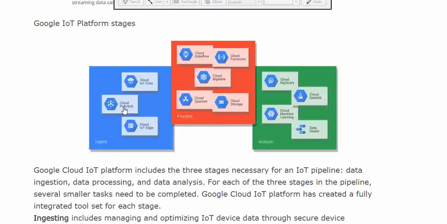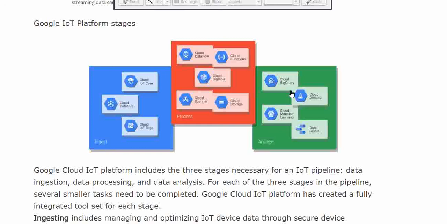Whenever I send some messages through MQTT, it will go through this PubSub, and from there it goes to this data flow, where a database or any kind of database is basically used. And here cloud storage can also be used to store some files, something like that. Currently we are working with messages, so I showed the part of PubSub which can be used there. And here is the analytics part.